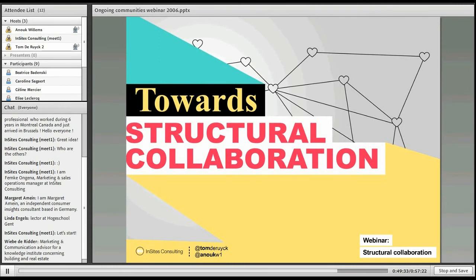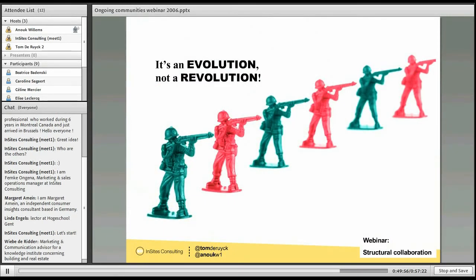Ultimately, a community is not a tool that is only relevant for the research department or the marketing department. No, it's something that is valuable for other departments as well, like IT, HR, and sales. It's about breaking the silo thinking and putting the consumer at the center of the organization. And in the end, we will need a new board member, the Chief Consumer Officer, and this person will represent the customer in the boardroom.